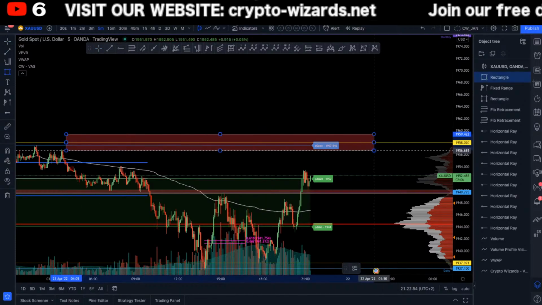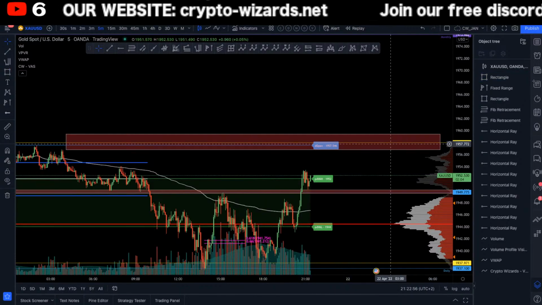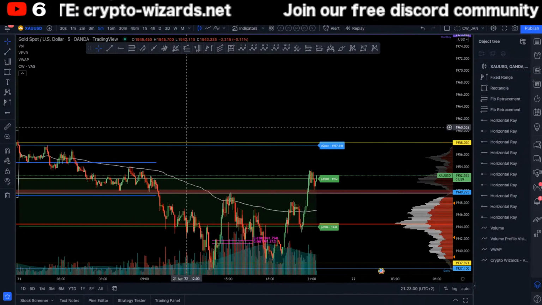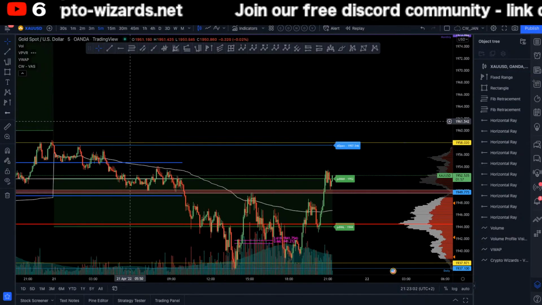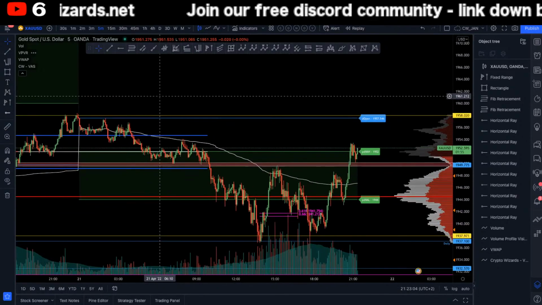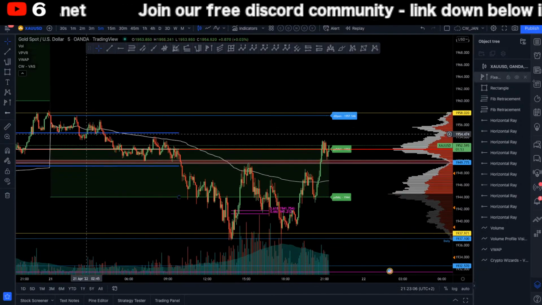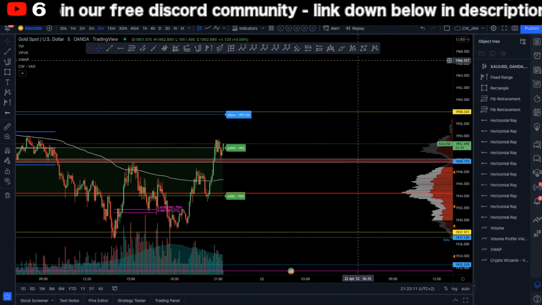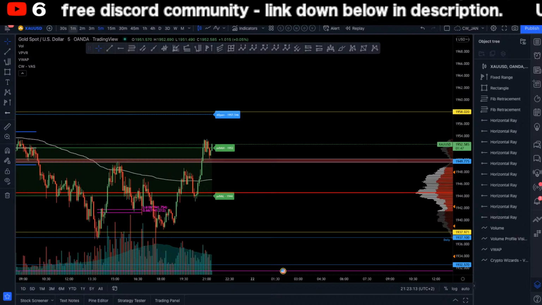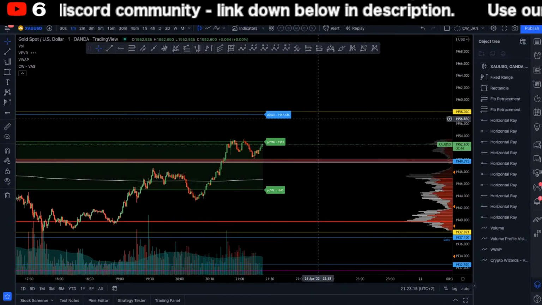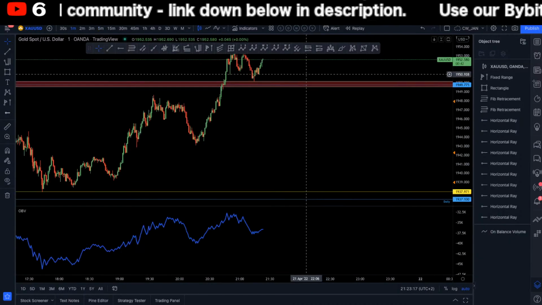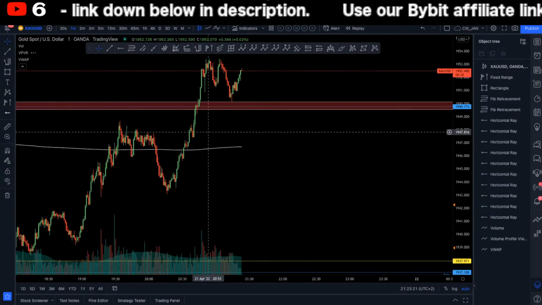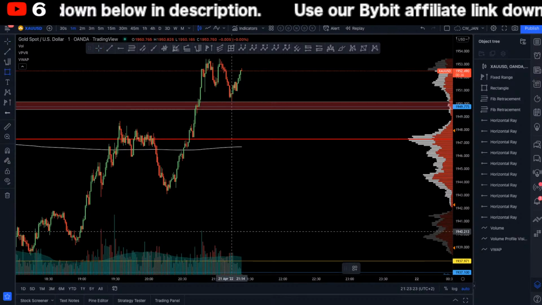This looks like a good resistance on a chart, but it got rejected already once here. I think this is a little bit more risky to trade. I would like to see a swing failure pattern, failed auction, and then basically a move back down to 1949. But we will see. Pretty poor volume. We are getting pretty poor volume now on this bounce, and I can say this just by looking at this right there.